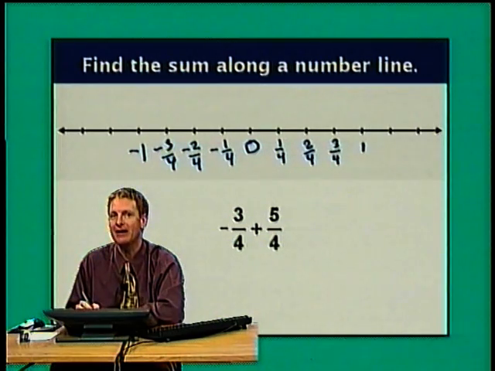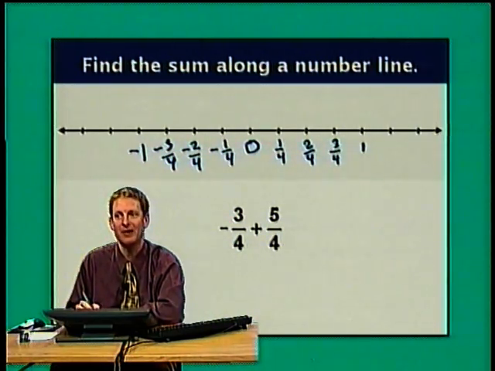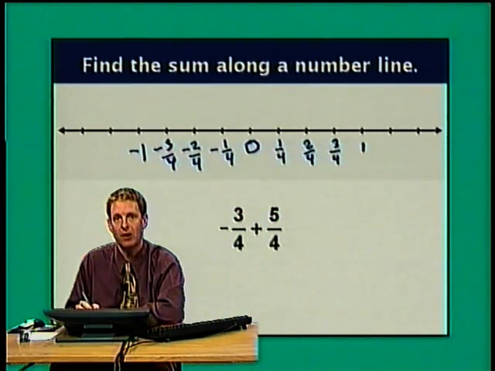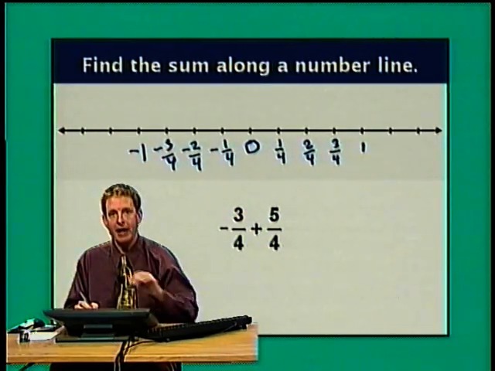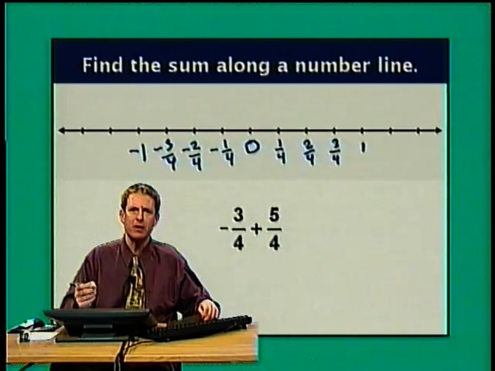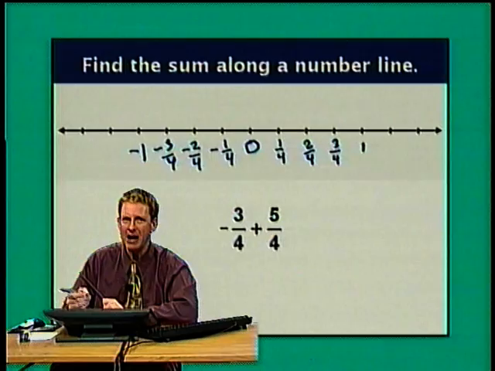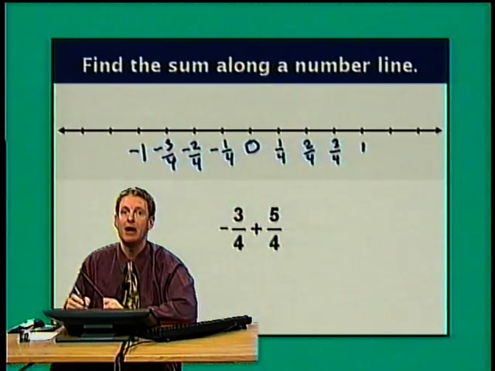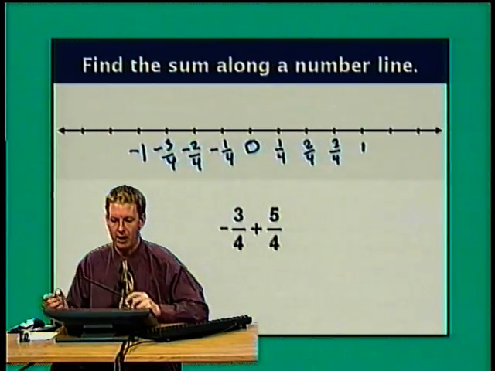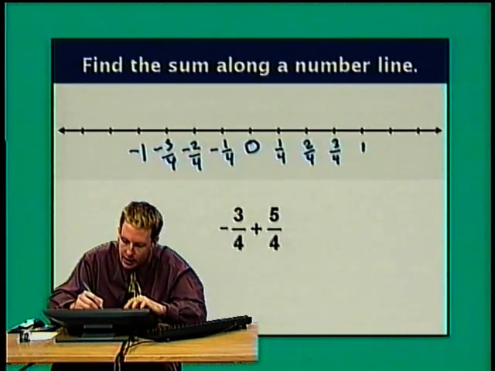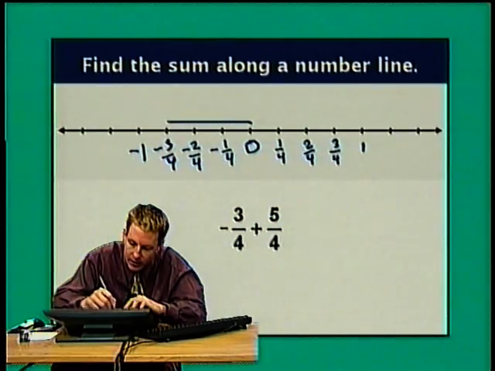Hey, I am set up for success in modeling -3/4 plus 5/4. It's a new sum, so I'm going to start at 0, and the first thing I need to do is go left 3/4 units. I think I'm going to draw my line above the number line because I can see I need to go both back and forth, and it's going to be hard to illustrate that with a pen if I actually draw on the number line. So I'm going to start at 0, and go left 3/4 of a unit.